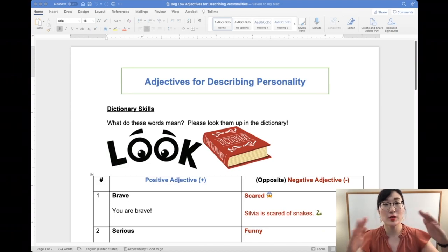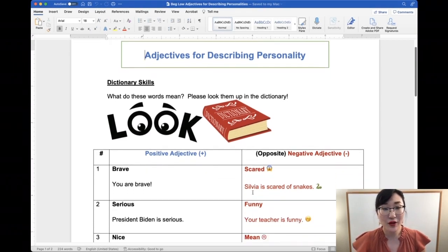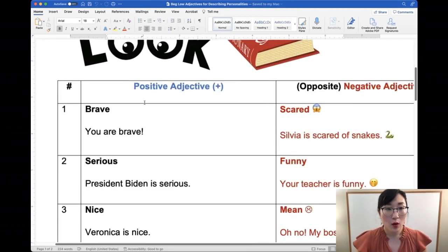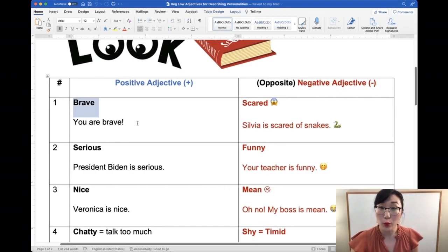We will study two types of adjectives. One is for your appearance, how you look. Two is for your personality, inside. These are adjectives to talk about your personality. So for example, brave, like Superman. You are brave. The opposite,